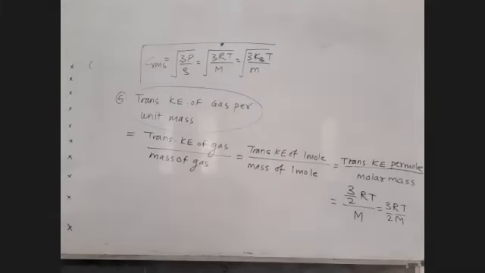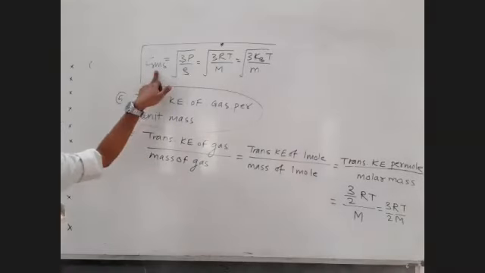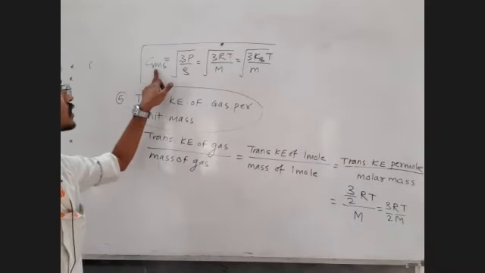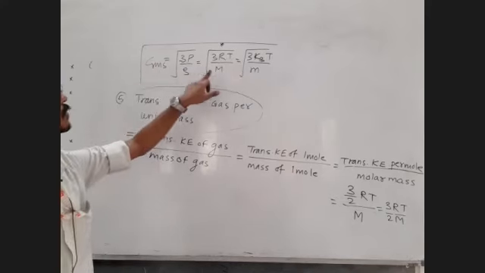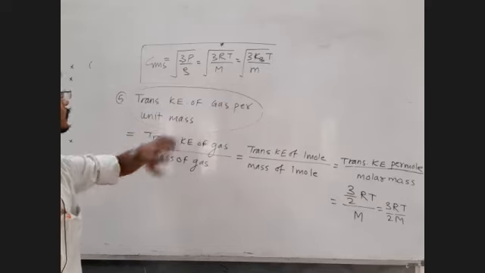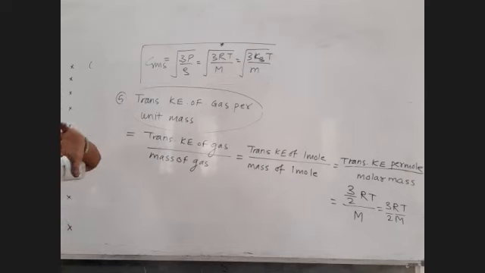So let me see what next. Okay, we know all the formulae for RMS velocity and so on. See, different formulas for CRMS we have written here. From these formulae you may find out the proportionality as well. Okay, CRMS is proportional to square root of T. CRMS is inversely proportional to square root of M. Okay, so such type of questions we will be solving in tomorrow's lecture. Okay, also we have found out the formulae for translational kinetic energy.